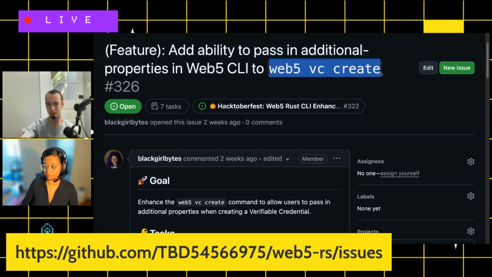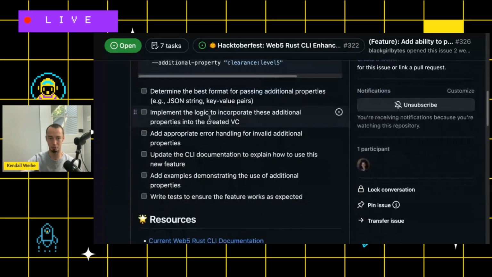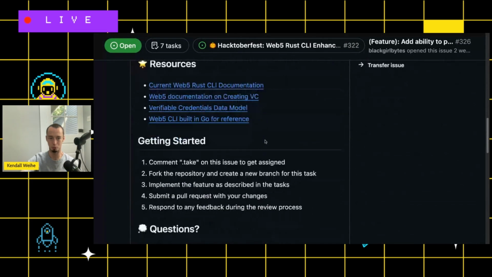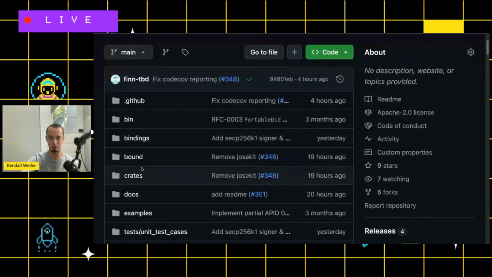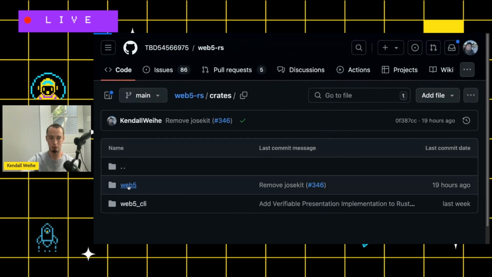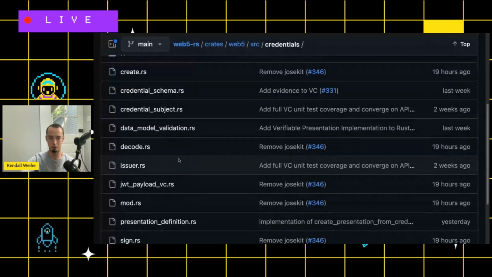creating VCs. And Rizal wrote this out. This is a great ticket. I recommend if you want to work on this item, you should read it, obviously. I wanted to go into some of the code specifics to illustrate some of the details. So I'm going to go into the code base here. If we go into the Web5 crate and we open up verifiable credentials,